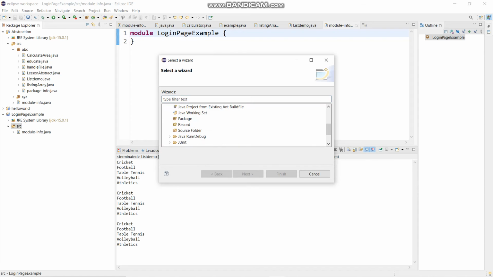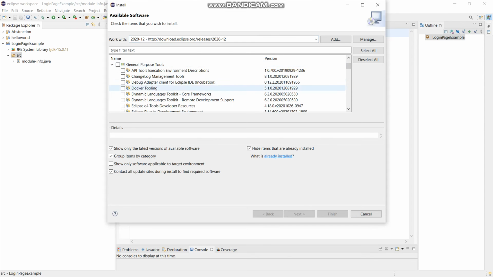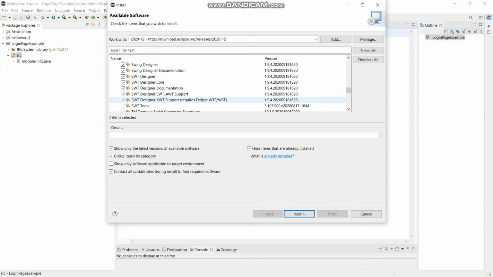Now I think that some of you don't have this WindowBuilder inside it. So for this, just follow what I'm going to do. Go to Help, go to Install New Software, and then find the http download eclipse dot. Again, you can see the dependencies that you want for your program to build. You just have to develop a Swing GUI, that is graphical user interface. Now go to Next. I accept the terms